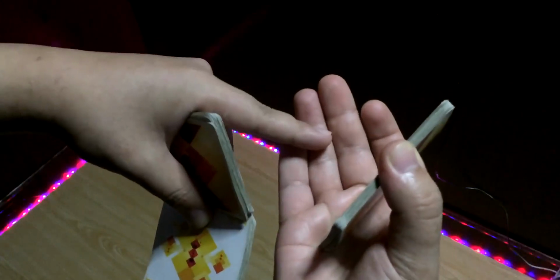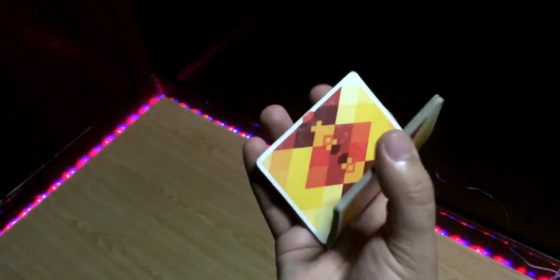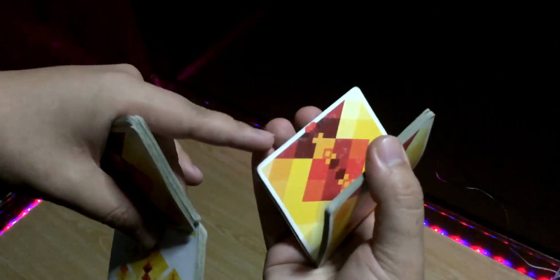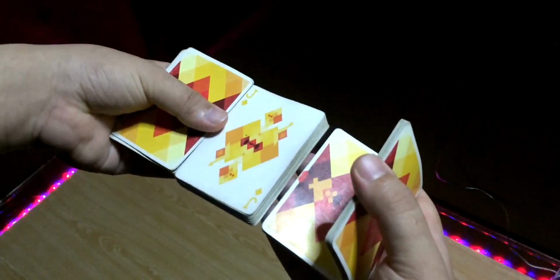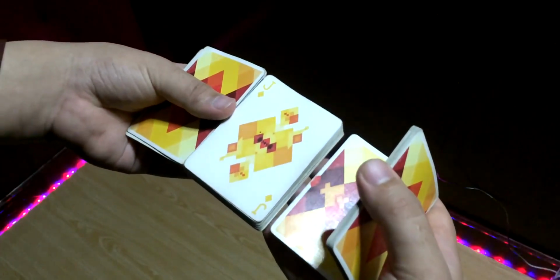and you're going to allow this packet from here to drop on your hand over here by loosening your left thumb grip. And you can see that the tips of my ring and middle fingers are pointing out. This is important because you're going to place this packet on top over here. So this is balanced on top like this. So from here, what you're going to do is